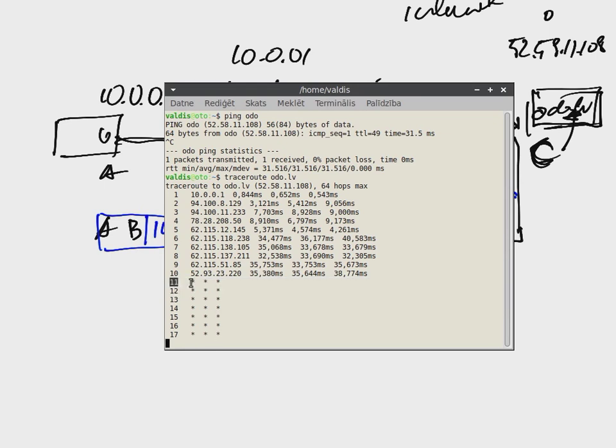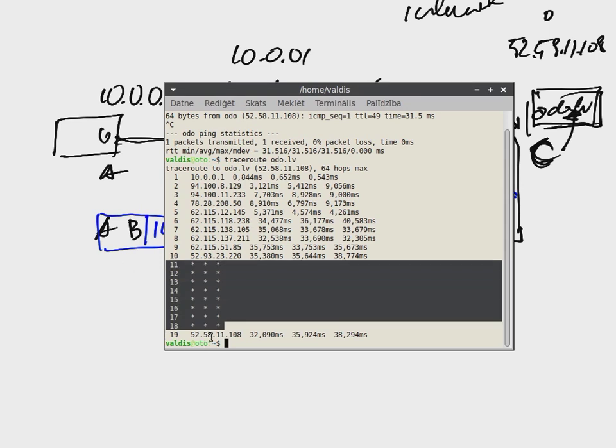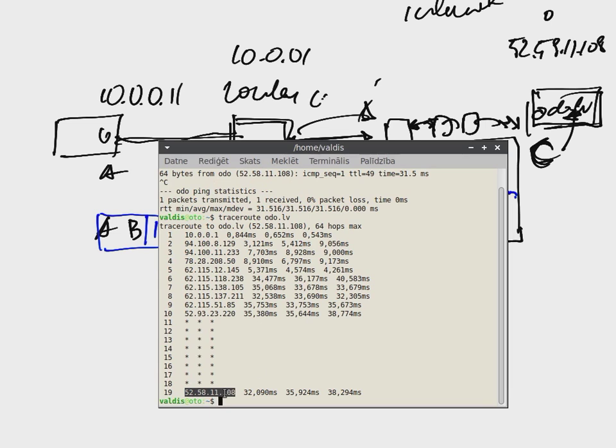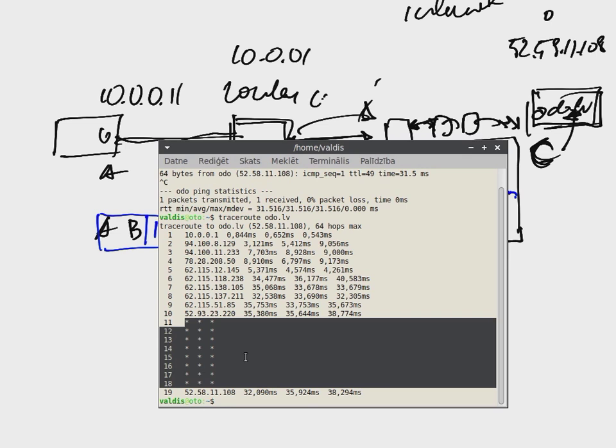And it means with this particular packet to this address you do not get a response. And particularly how Amazon works is that finally we got a response from here with time to live 19. Eventually this server odo.lv responded that the packet with time to live 19 died here, and you got this trace. So these are routers which are not nice.